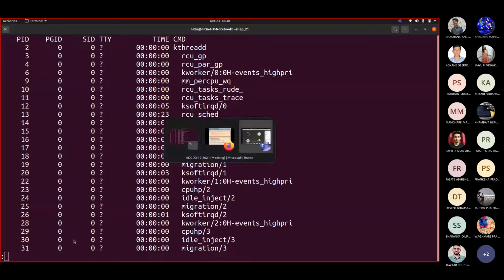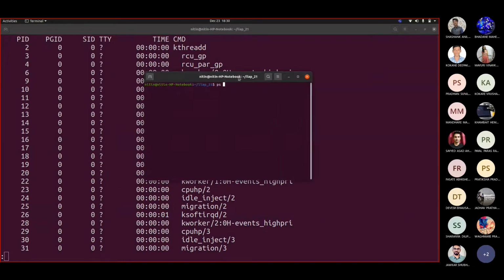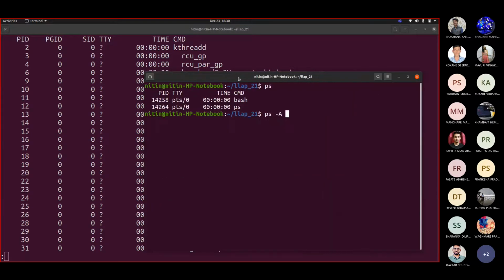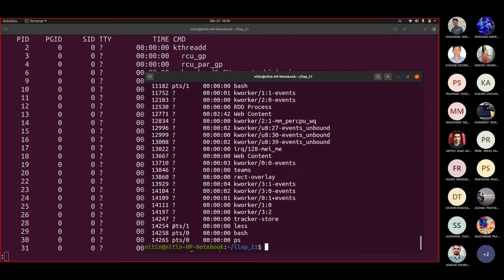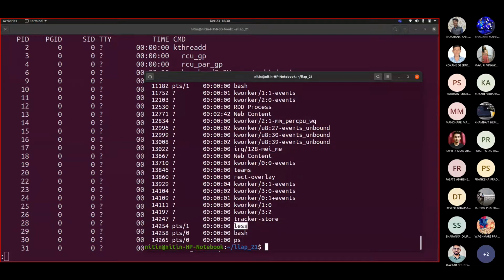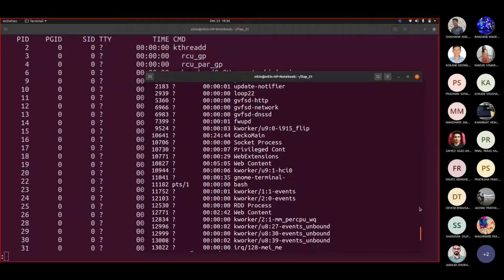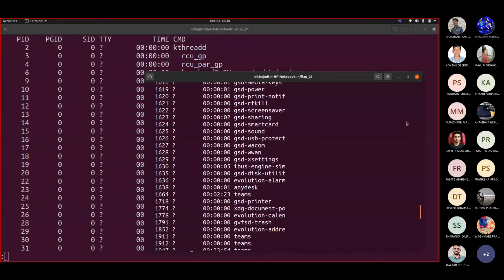If I go to another terminal and write ps -A, you will see this less and this ps running somewhere. There's a less operation also running. We haven't applied less on this terminal, correct, so this less belongs to pts/1. If I see this pts/1, this is graphical terminal 1. So this is bash. We should see ps as well, correct, on pts/1.